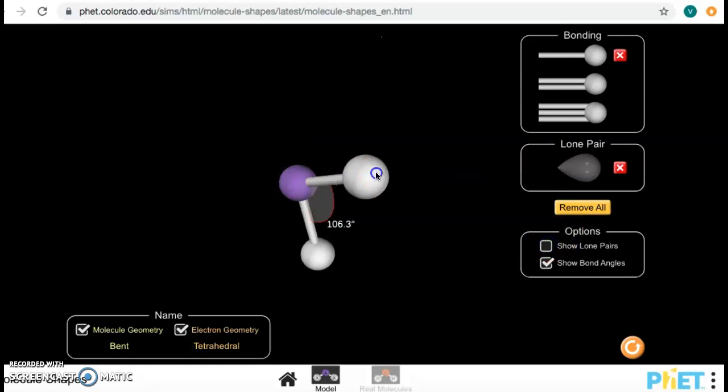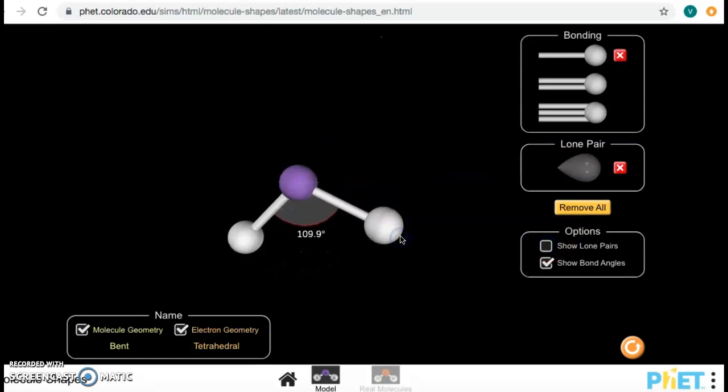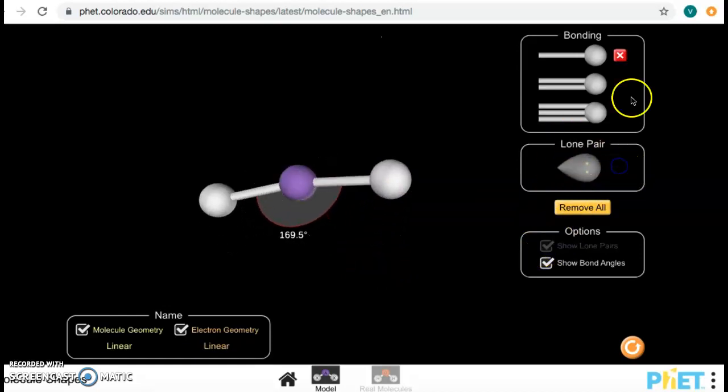So now the molecule is, again, bent, but it's bent 109.5, and that's a really important distinction, because if it's 120, then it came from a trigonal planar, 3 domains. But if it's 109.5, it came from 4 domains, 2 lone pairs, 2 atoms. That's an important distinction. Okay, so let's remove these lone pairs